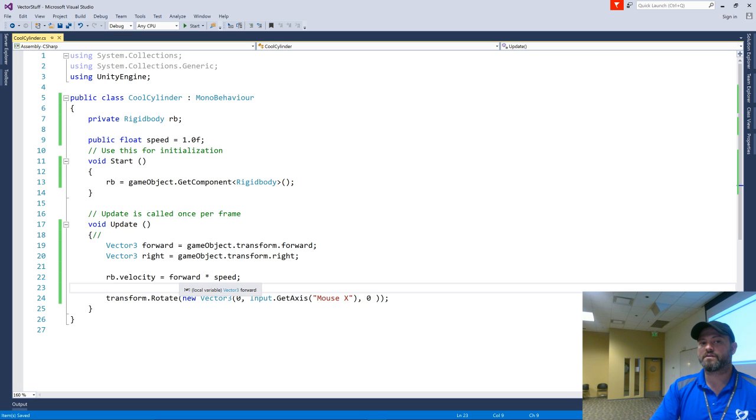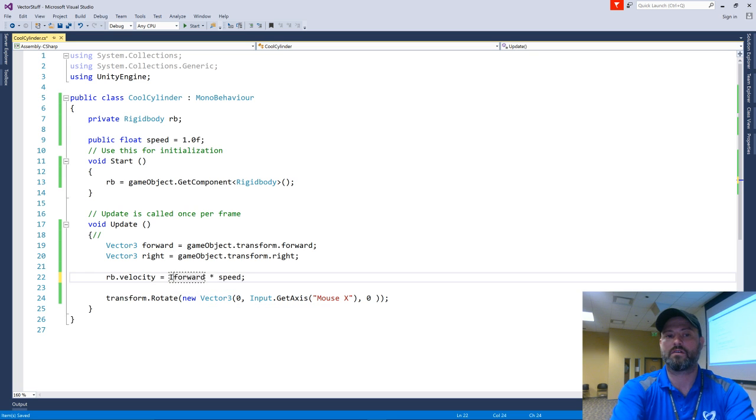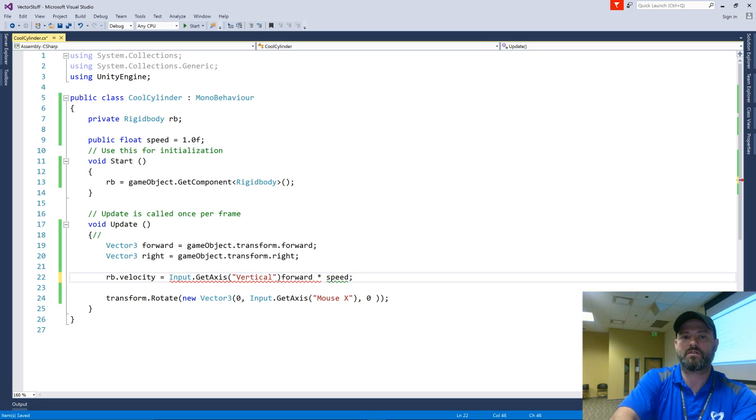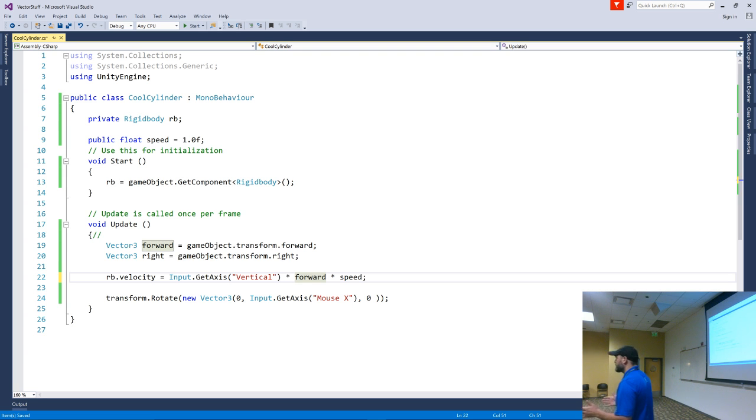So this Input.GetAxis, and this was vertical, and I want to multiply that by that. So this forward vector is my forward vector, and it's going to say multiply it by the axis, which is -1 or 1. So that just says become, or if I'm not hitting anything, that becomes 0.